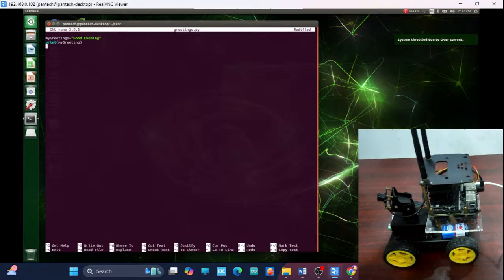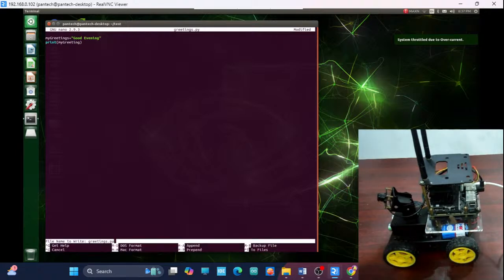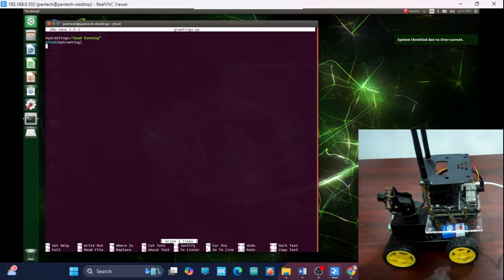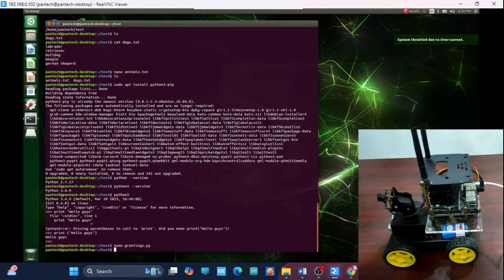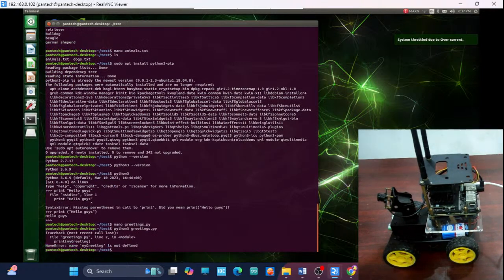If I hit enter, not, I want to save it, just hit enter and cancel it. Okay, so now we are in test directory. So now see, for example, let's run that. How to run that? Actually we are in Python 3. Okay, so Python 3 space, you need to give greetings.py. If I hit enter, oops,